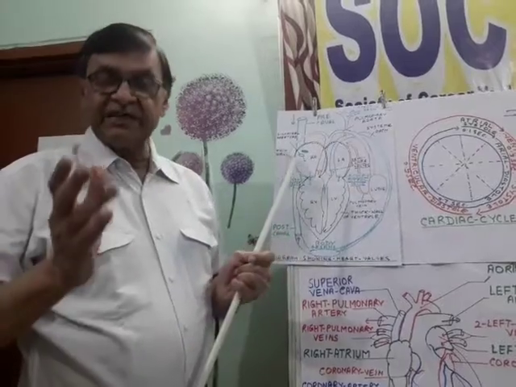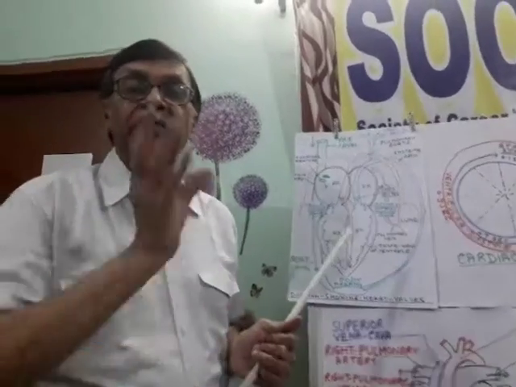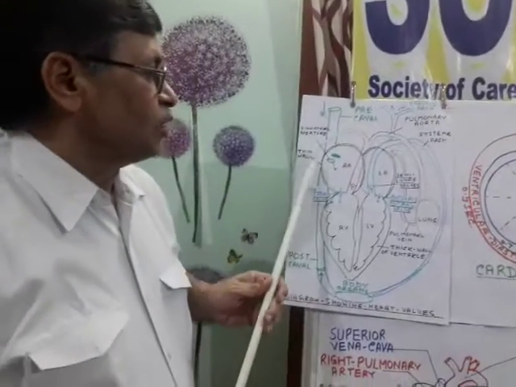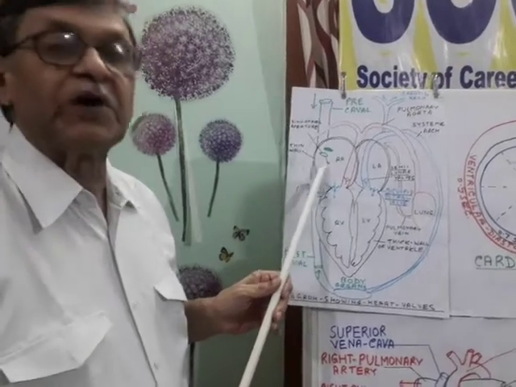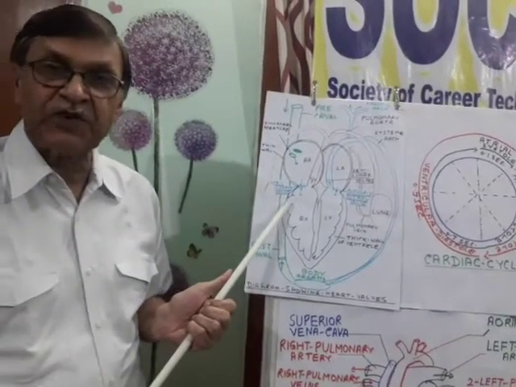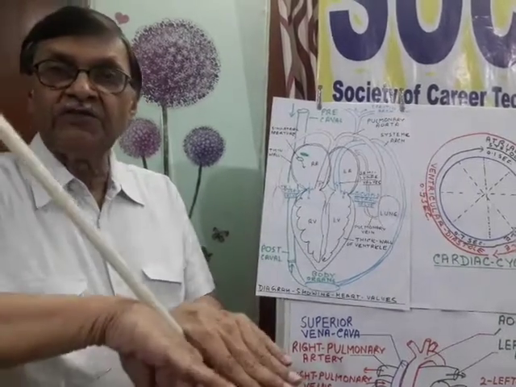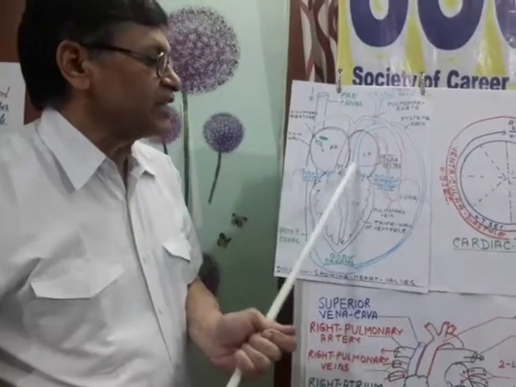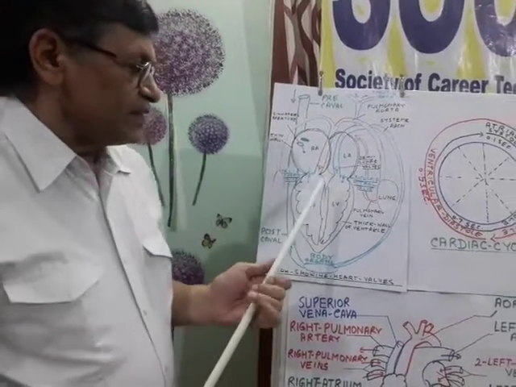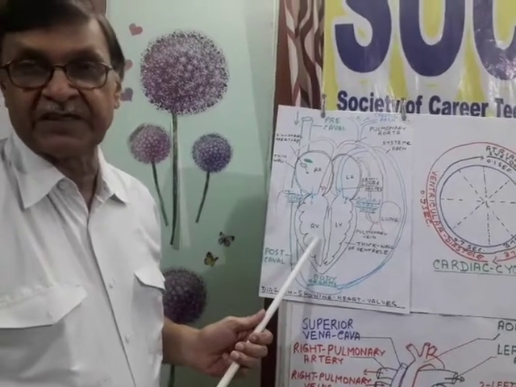Both atria are thin walled, but both ventricles are thick walled because they have to pump blood to different body parts. The blood coming from all organs into the right atrium comes into the right ventricle through a valve made up of 3 flaps, so it is called the tricuspid valve. And the blood coming from the lungs opens by a valve made up of 2 flaps only, so it is called the bicuspid valve. There is a septum in between, dividing the left ventricle and right ventricle.